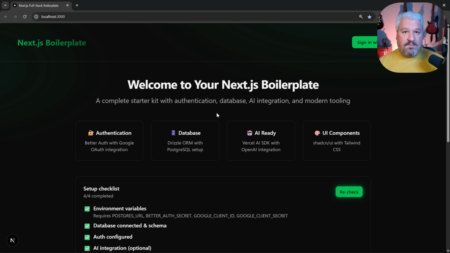You can set this boilerplate up within minutes, and out of the box it supports authentication, a connection to a database, beautiful UI components, and it's also AI ready, so you can add AI-related functionality in your applications as well. So in the next few minutes, I'll show you how to download this boilerplate and set it up on your machine. We'll also build a small application, and I'll show you how to deploy it to production so users can start